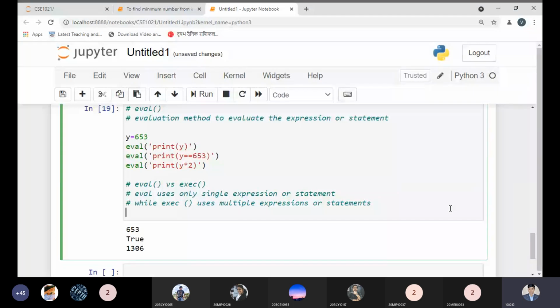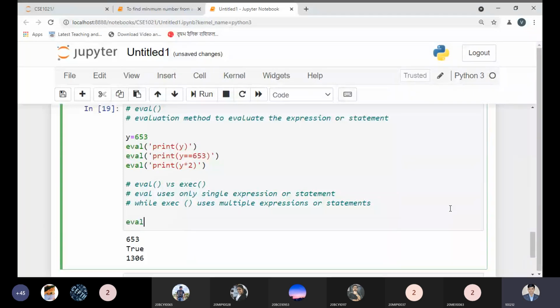If I try to eval something like this, I just want to print my name, and another one like print y plus 89. If we try to do so, what is the answer we are getting?